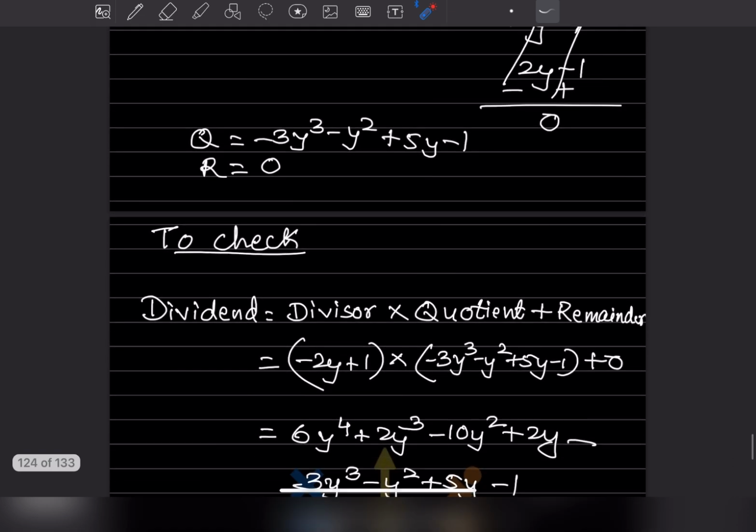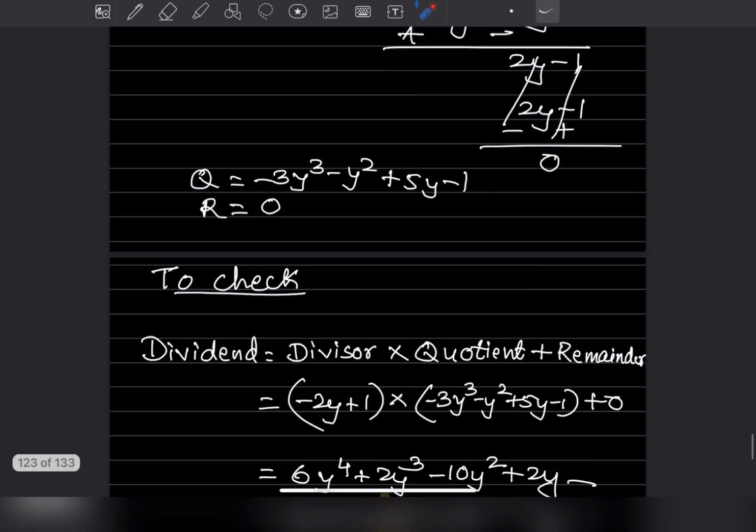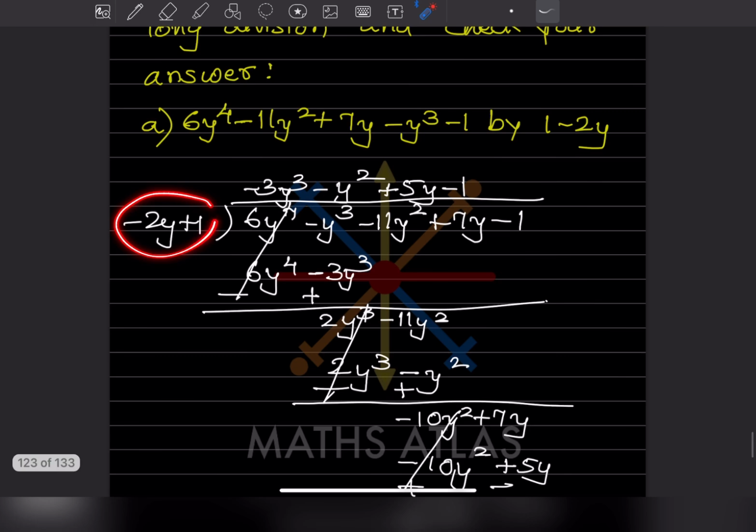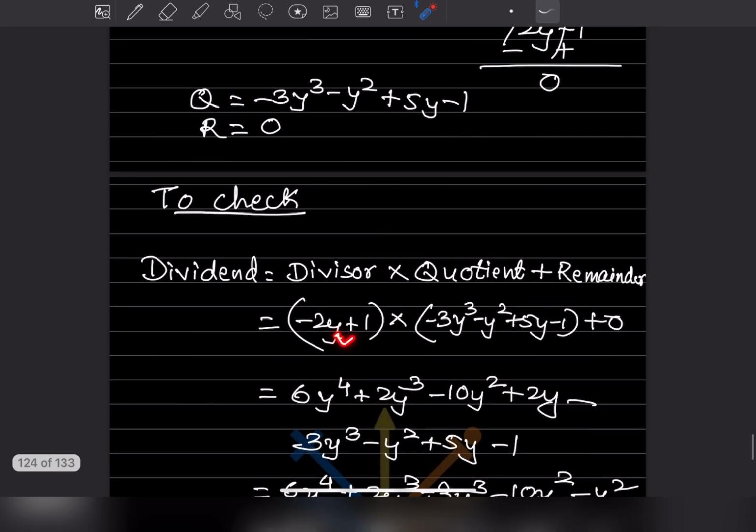So how to check? To check, you should know what you are going to do. Dividend is equal to divisor into quotient plus remainder. So what is the divisor? The divisor is this part, minus 2y plus 1. Quotient is here, plus 0. So when you expand this, this into this into this, and this into this, you